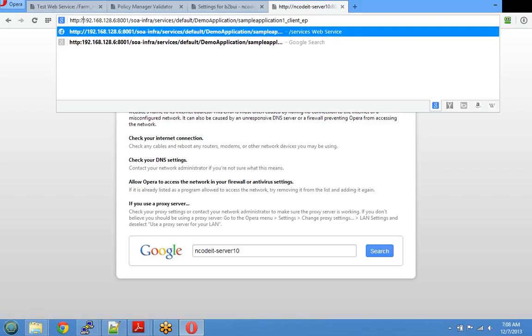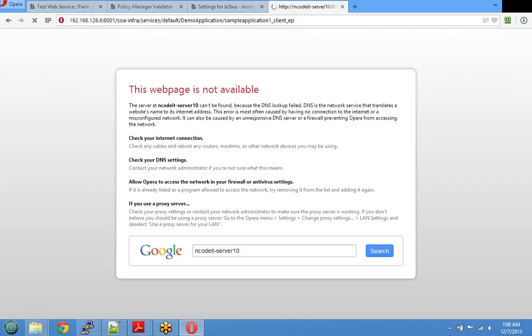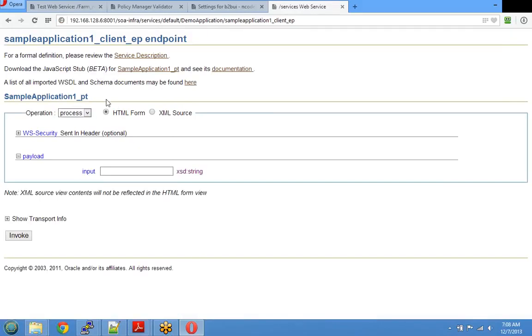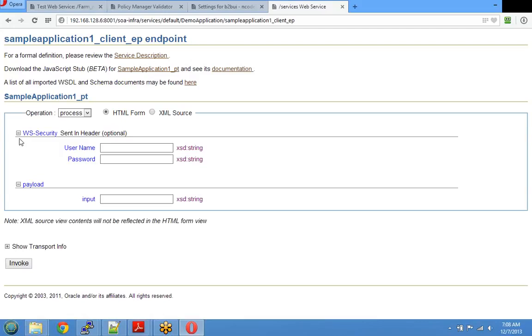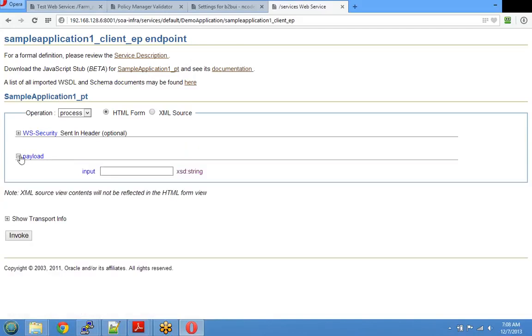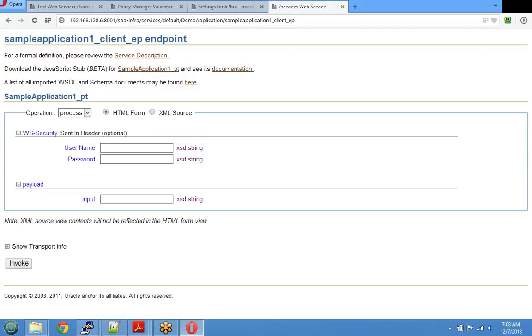Now I have to supply a username password to access it. If I don't supply it, I should get some kind of authentication related error. So here, this is my endpoint. I'm using a basic client, and this is how you will see the security related thing. You see this one? Username password is automatically coming out in the visitor. So if I don't provide a username password, without providing anything, let's say I directly give